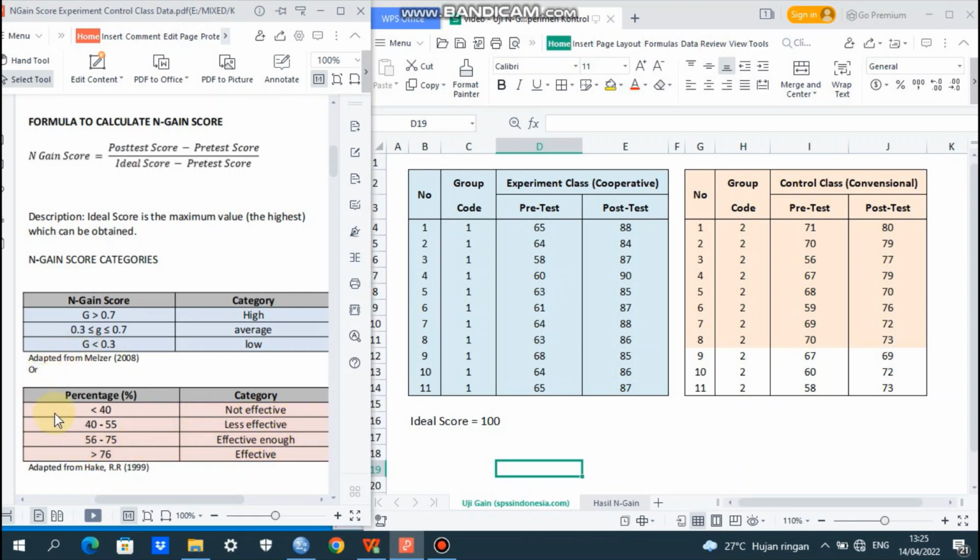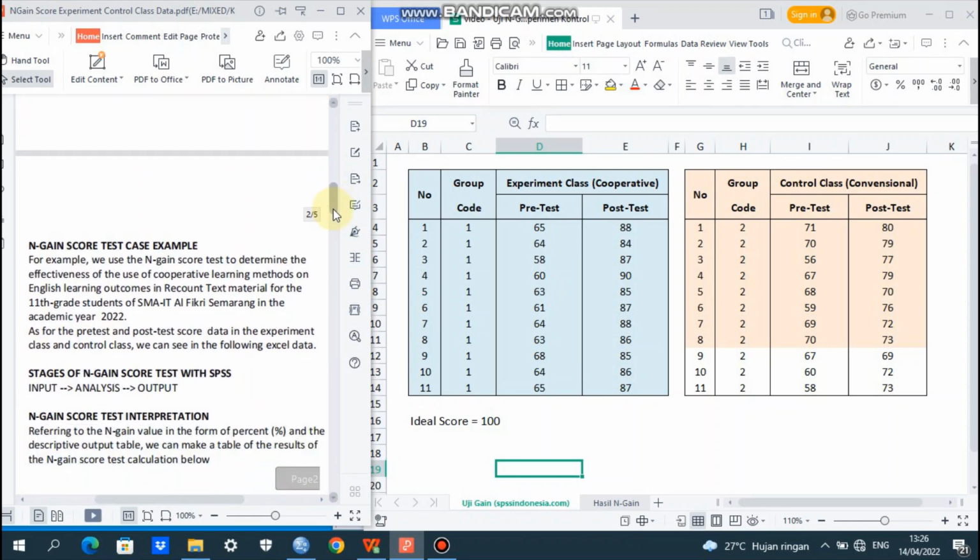And how about the N-gain score percentage that is between 56 until 75, it is categorized as effective. And the last, if it is more than 76%, it is categorized as effective.